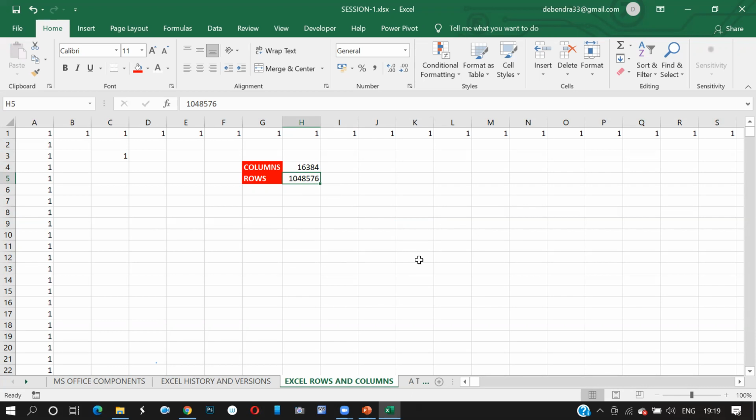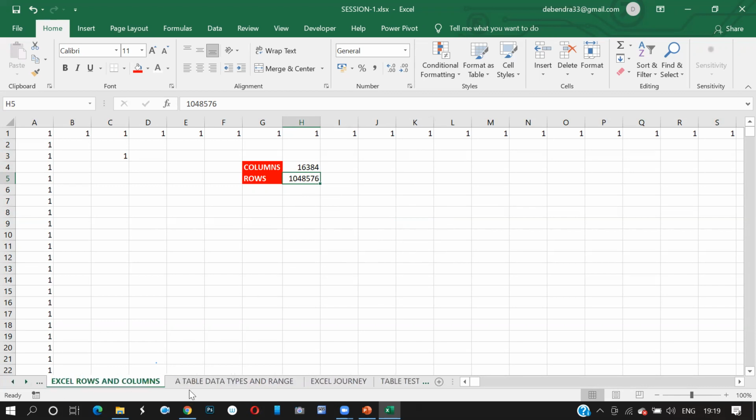Imagine we are dealing with Yatra. It has crores of records. Can you manage that in Excel? No, sir. Excel is good for reporting, not for database management. If it is huge data, it can manage data up to 1 million records. Is that clear to everyone? Yes, sir. Very good.